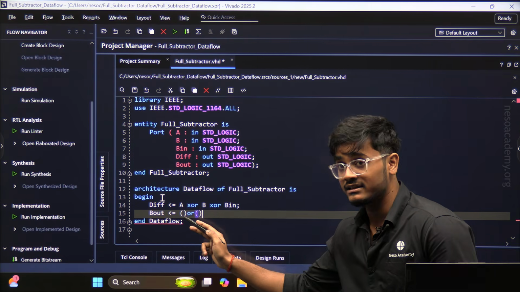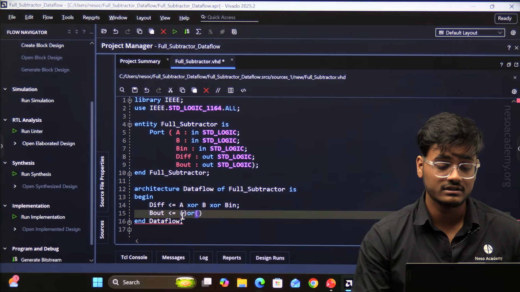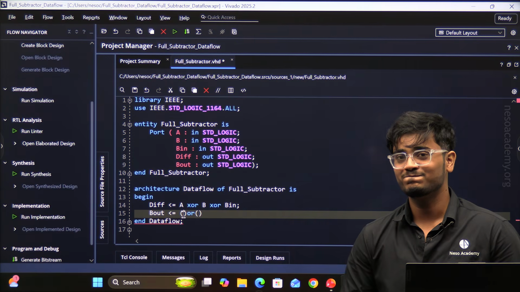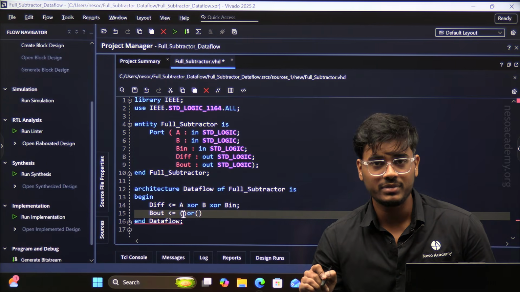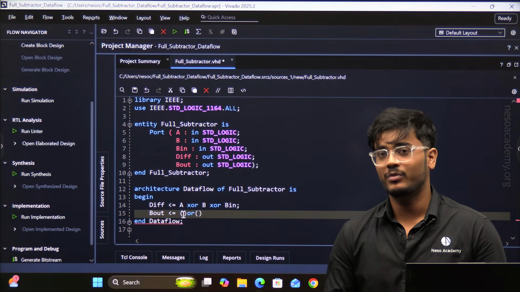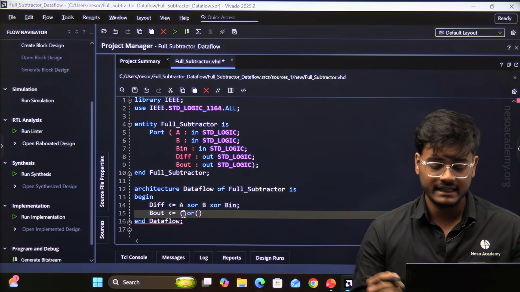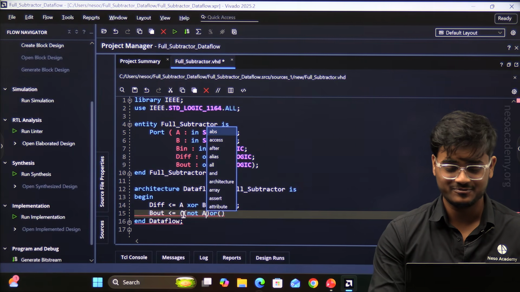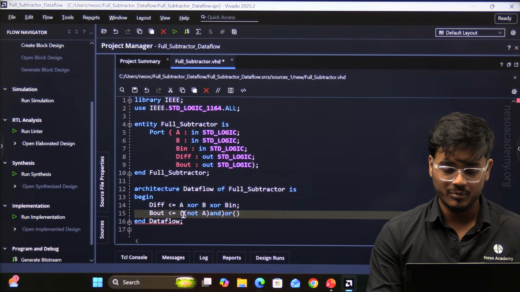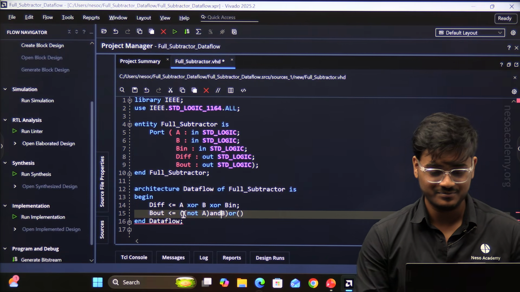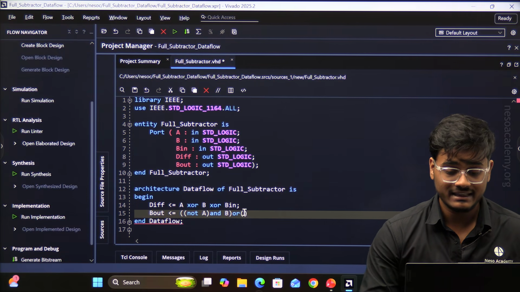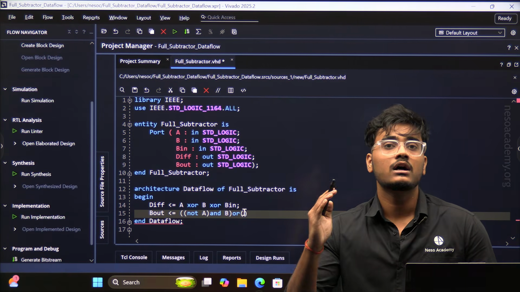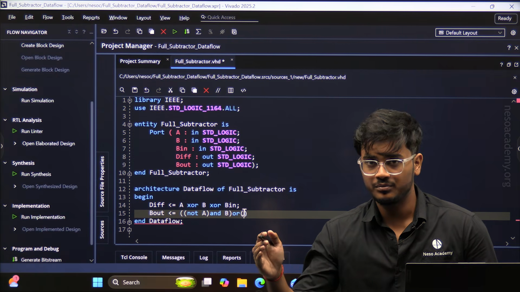Now, in the first parenthesis, I will write the first term, which is A complement and B. And to perform A complement, I will use the NOT operator. And to make it look clean, I will write NOT of A inside the parenthesis. Then we will perform the AND operation with B. Now, in the second parenthesis, I will write the second term, which is equal to complement of A XOR B